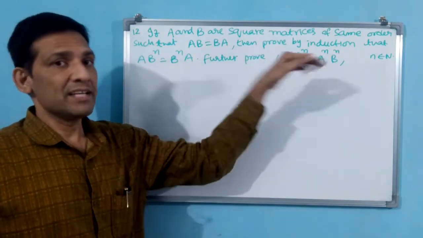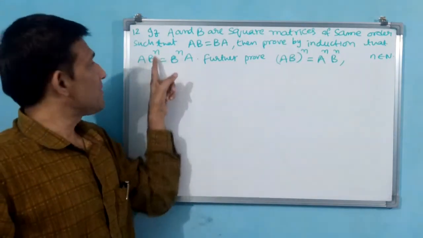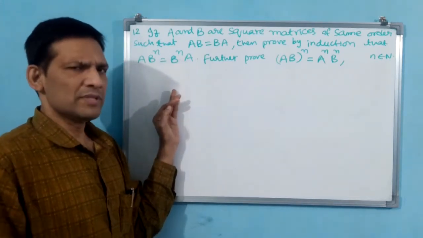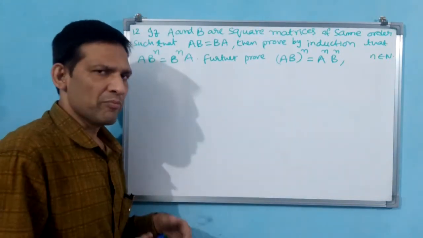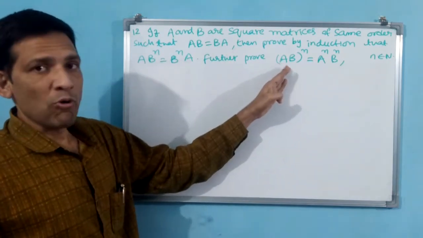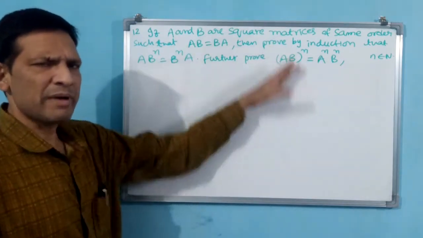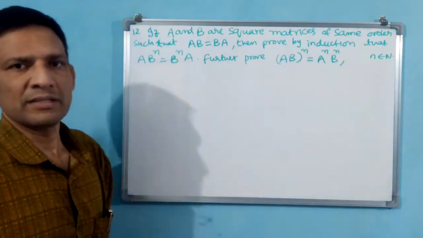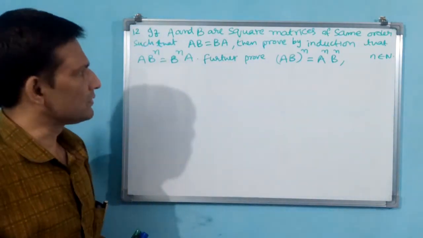Then prove by induction. See, the question itself is telling you to apply mathematical induction, that A into B power n is equal to B power n into A. This you have to prove by mathematical induction. Let us prove that, we know very well: P of 1, and P of k plus 1 we will take and prove. Further, the second part: AB whole power n is equal to A power n into B power n. That also you have to take. Always in mathematical induction, you know very well, n belongs to natural numbers. That is standardized. Even if it isn't given, you have to take n as a natural number only. Sorry, he has given it.